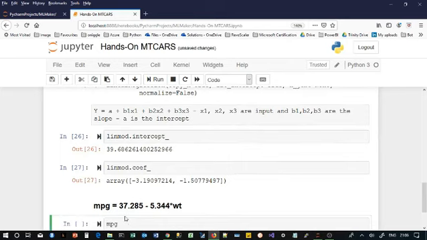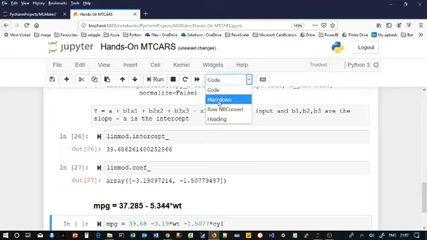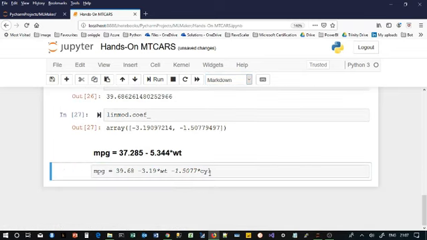So now the equation becomes miles per gallon = 39.68 - 3.19 * weight of the car - 1.5077 * number of cylinders, which is just marked down again.